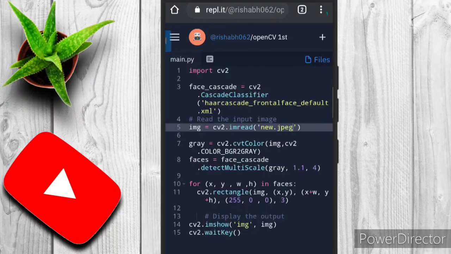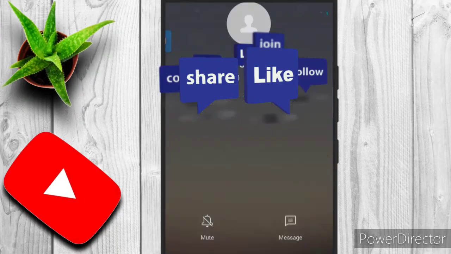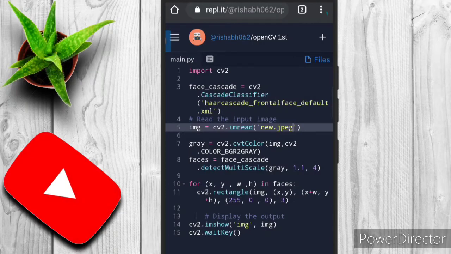In the seventh line of code, in the gray variable, we are using cv2.cvtColor(image, cv2.COLOR_BGR2GRAY). We are converting the image from red, green, blue format to gray. Sorry for the interruption guys.